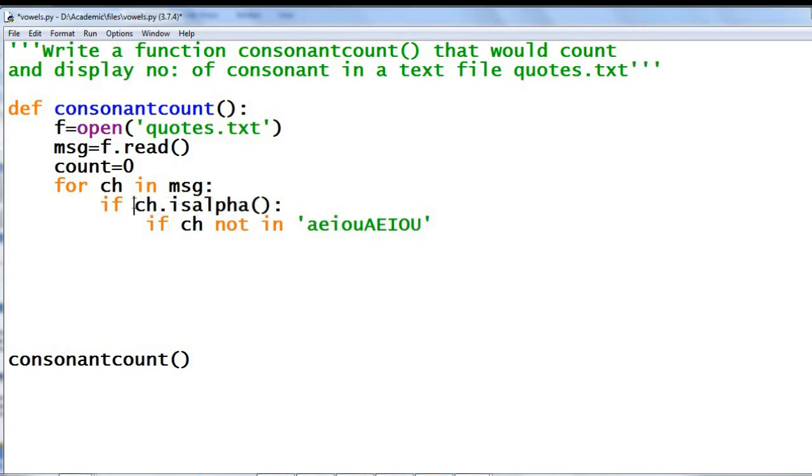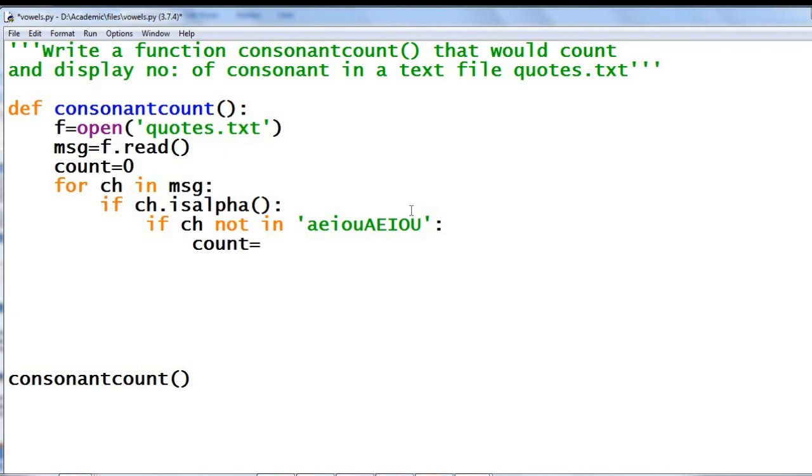That is, whether the character is an alphabet or not. So here we filtered all the special characters and numbers. Only alphabets come inside this if statement. Then we check whether that alphabet is not in 'aeiou'. If those alphabets are not in 'aeiou', they are consonants. Then we increment the count.